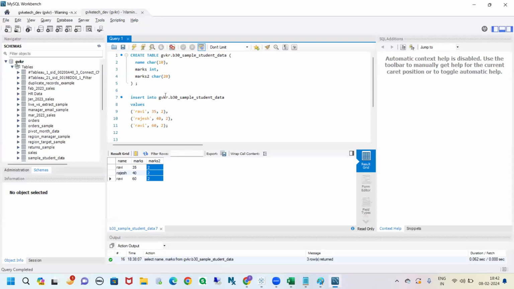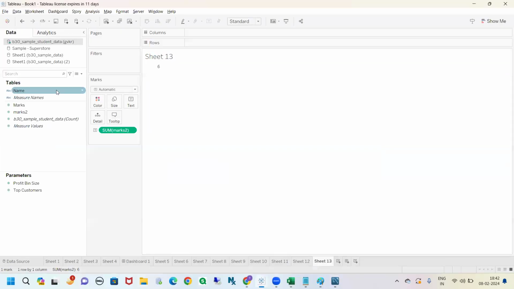They will ask you a simple question. Marks should actually be a measure, but for some reason it is appearing under the dimension list. Then what do you do? It is not only an interview question, in real time also it will happen most of the time. If it is appearing in the dimension list, the first thing you do is click on this drop down and